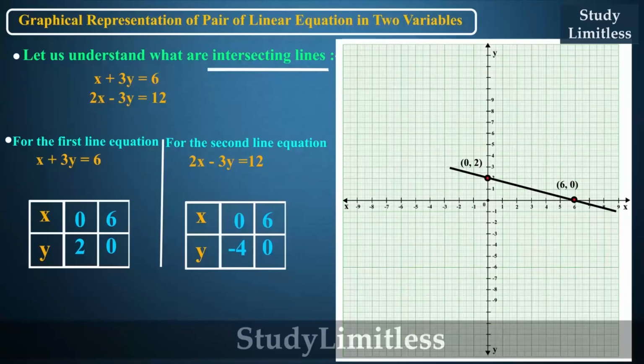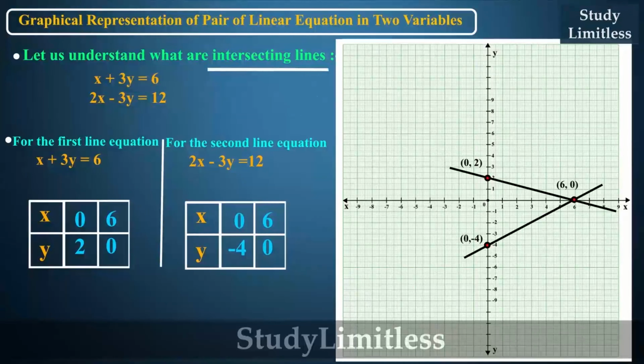We have our third point as (0, -4). Here also we have the x coordinate as 0. That means the point would lie on the y-axis. As we have y coordinate as minus 4, the point would lie on the negative y-axis. And the fourth point we have is (6, 0). As we have earlier discussed, the point (6, 0) will lie on the positive x-axis. When we join these 2 points, we would get another line.